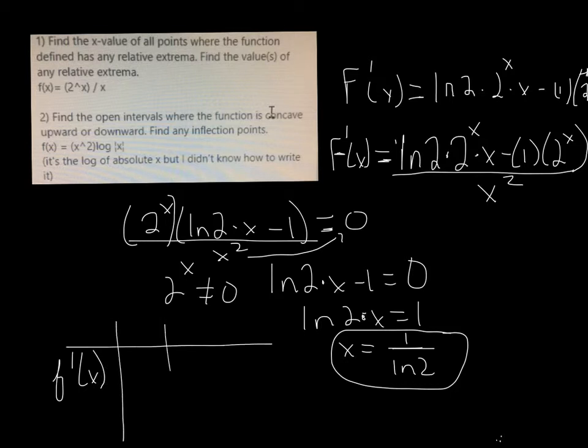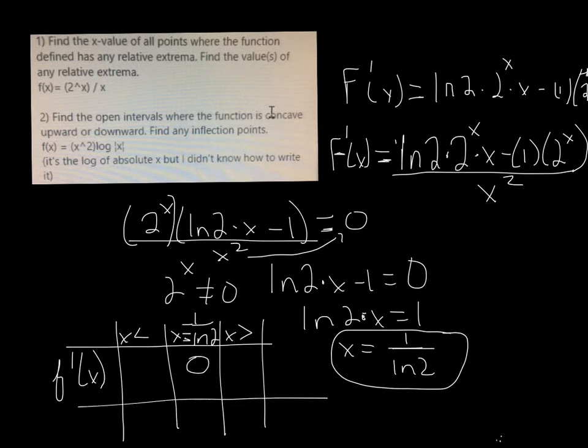And by chart, I mean that we are going to put in the value that we found, x equals 1 over ln of 2. And then what we're going to do is try to take a value of x that's less than that and a value of x that's greater than that. We know it's equal to exactly 0 at that value. And you're going to test to see whether you get a positive or a negative answer for a value less than 1 over ln 2 and a value greater than 1 over ln 2. So one will be a negative, one will be a positive, and I'll leave it up to you to